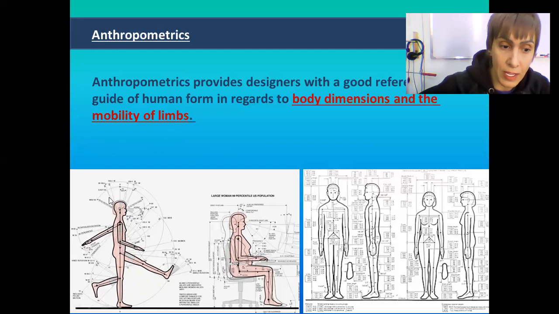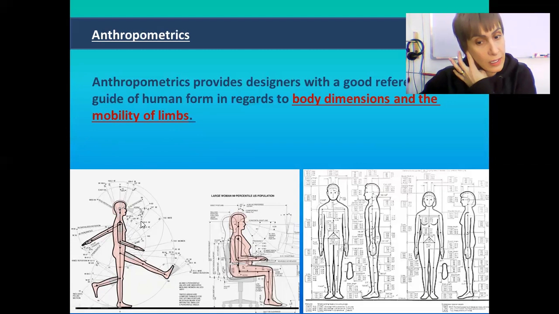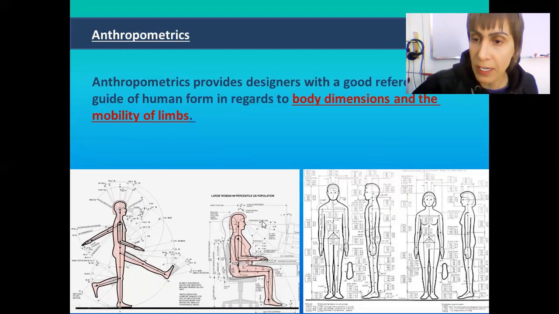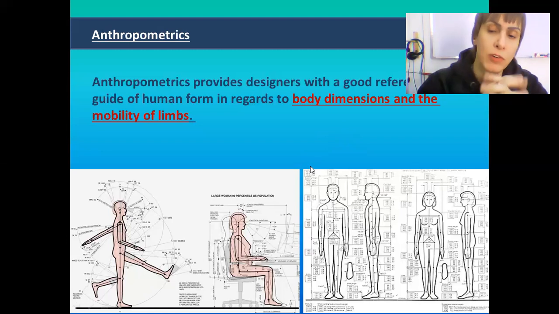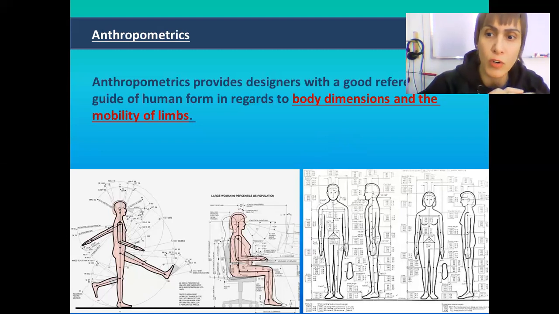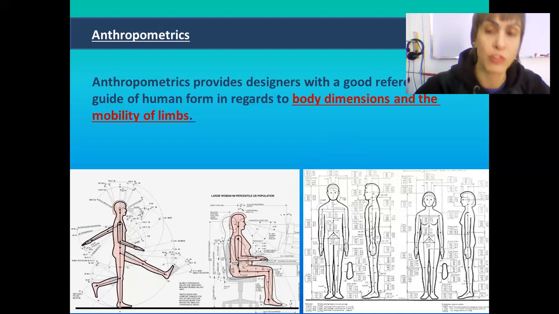The arms, the same thing. The head, okay. How much can you move it down and up and sideways? Every detail you can find in anthropometric data reference books. Now, these reference books, you can find a lot of types. Sometimes you can find them focused, like, for example, anthropometric data for product design, anthropometric data for example focused on fashion designers, anthropometric data focused on interior design,